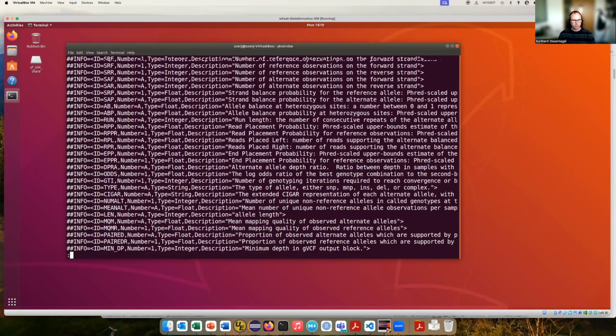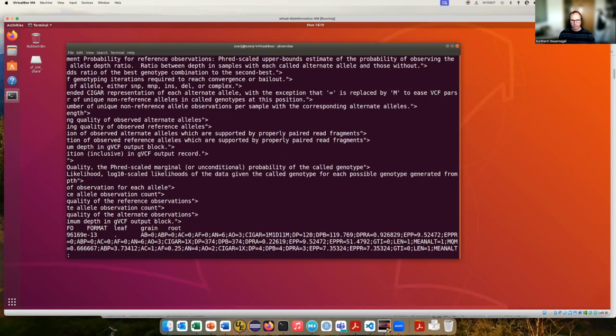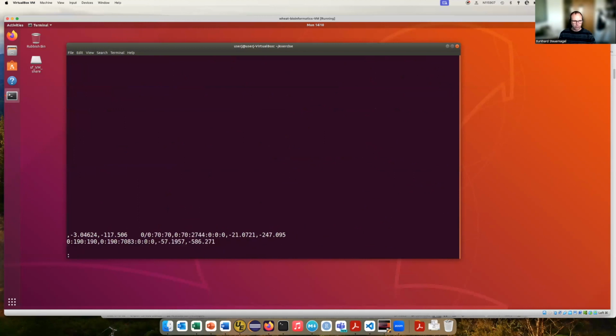Okay, we go down to our column, and you can already see here in this line after the format field we have leaf, grain, root. And now if we move into the first line,